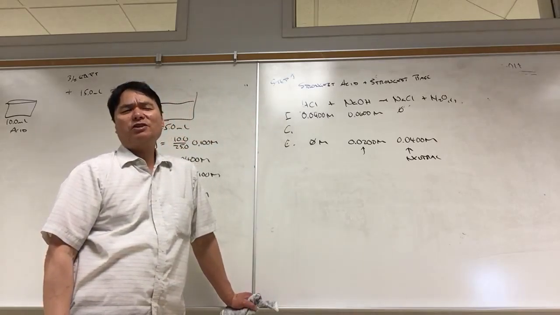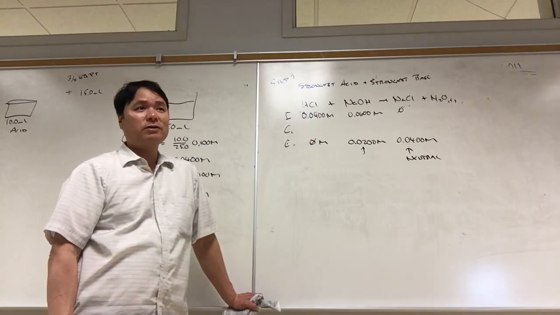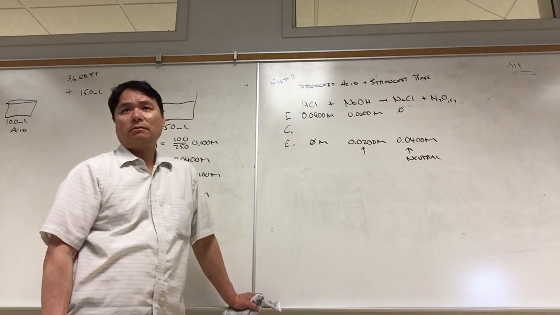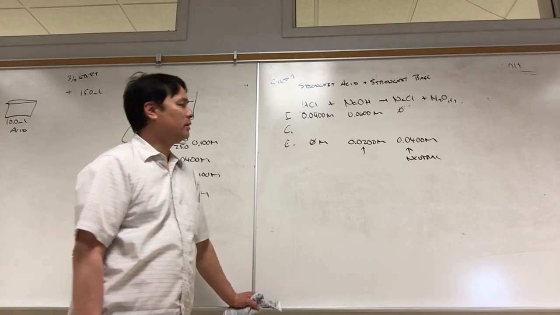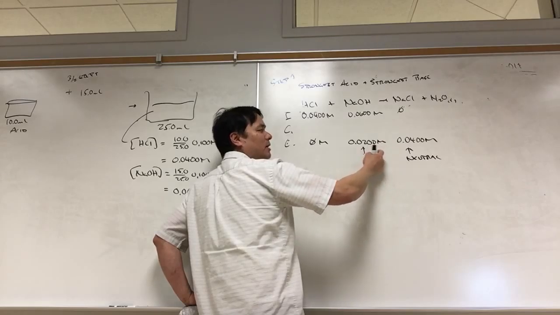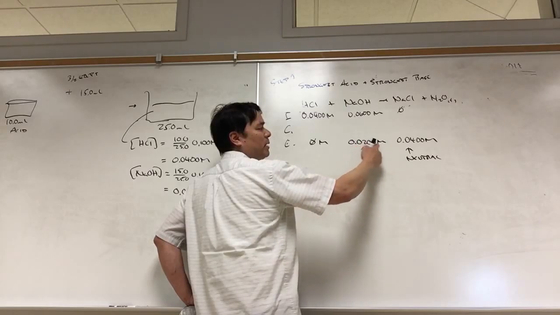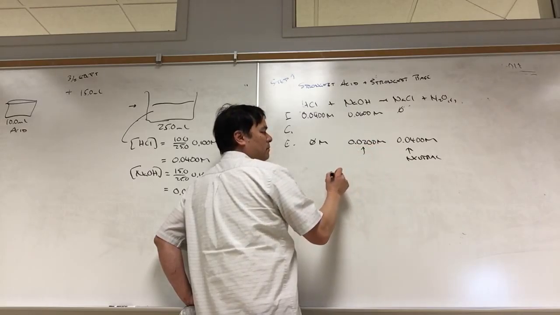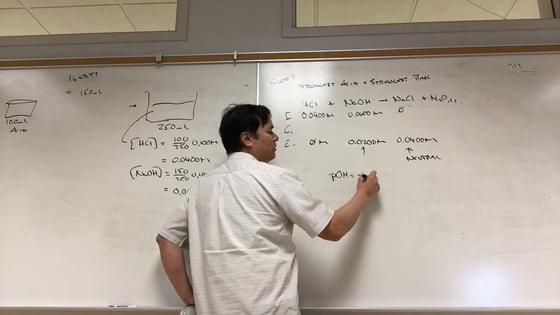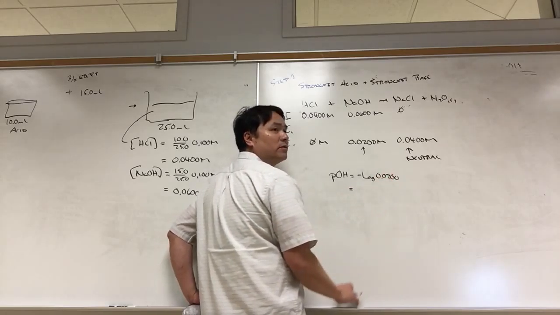With 0.0200 molar hydroxide, do I have to worry about Kw, the next biggest hydroxide ion contributor to this? Would you worry about Kw? No. I mean, Kw, the most it's going to give us is 10 to the minus 9, maybe 10 to the minus 8, something like that. 10 to the minus 7 would be, but it's not possible. And so that's going to have no impact on this. And so what we'll do is we'll calculate the pOH. The pOH is the negative log of 0.0200, which gives us a pOH of